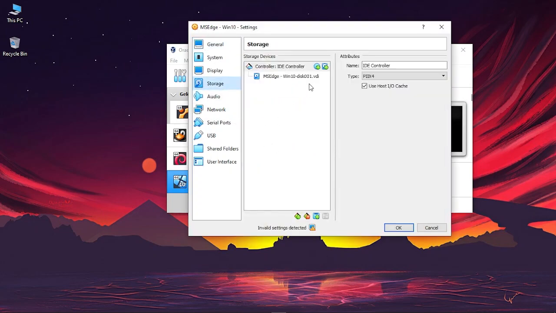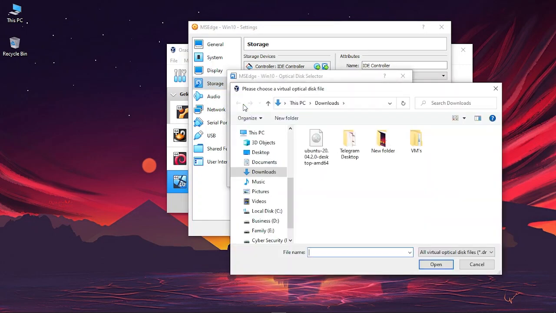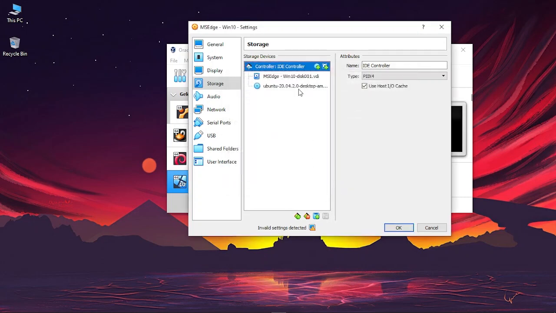Now go to Storage, click on Add optical drive, click on Add, and then select the ISO file. Now click on Open and then click on Choose. Now if you see, we have MS Edge Windows 10 as a hard disk and Ubuntu as a CD.